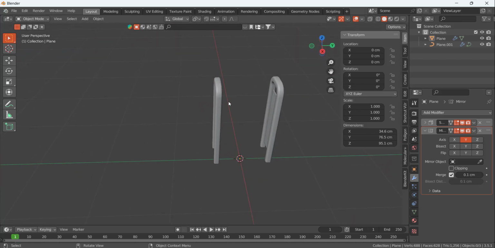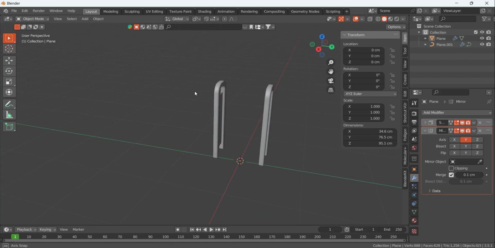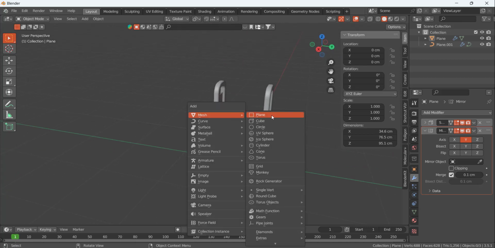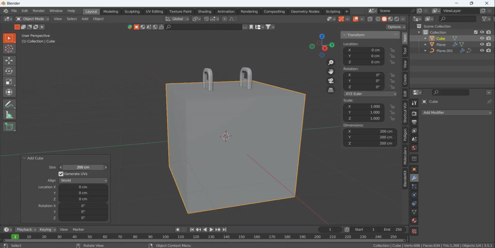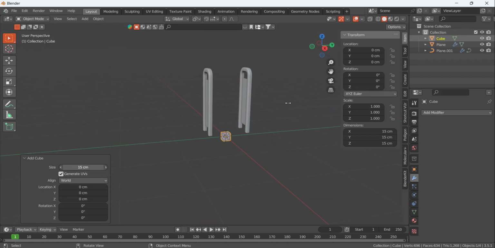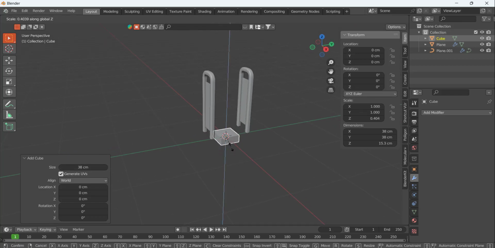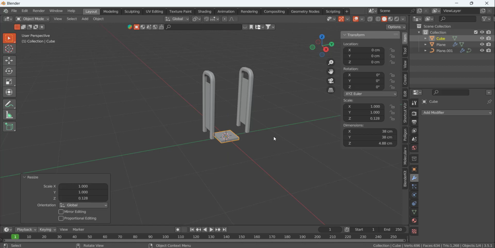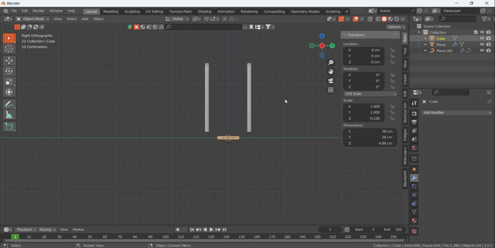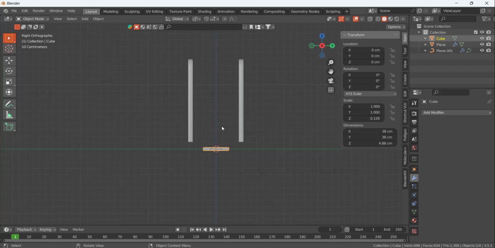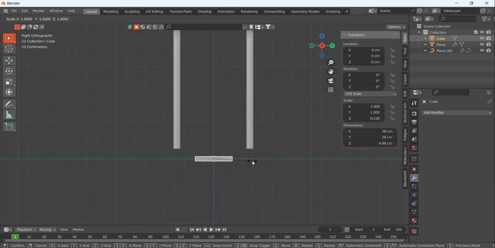Okay, next, simple, Shift A, and we can add a cube. Cube is good. So it's very big. We can increase its size, something like that, and S and Z. Press 3 on your numpad. So you are in the front, sorry, the right side view. Press 3, or you can click here on the X direction like that, and S and Y to scale it in Y direction